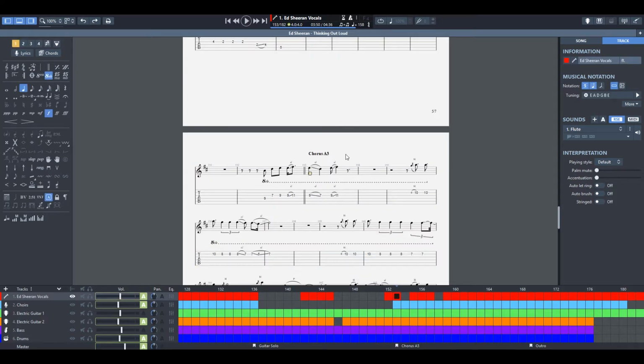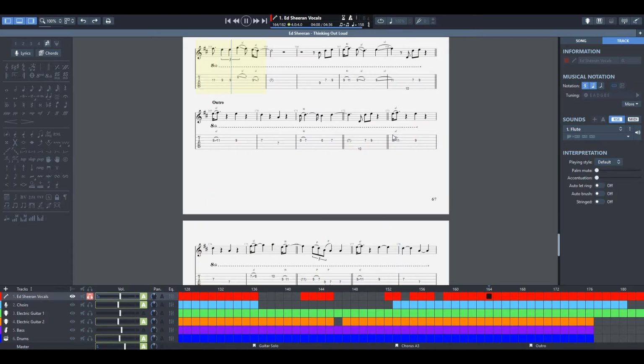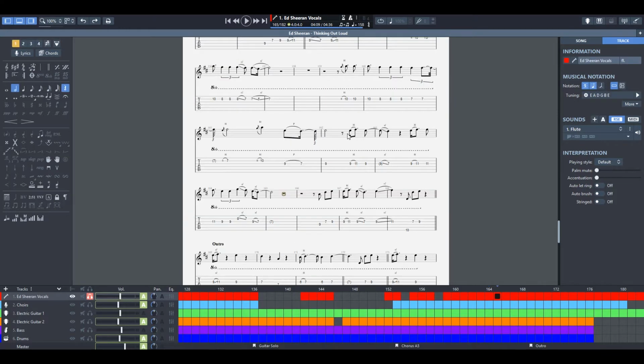Okay, so now the chorus is going to be pretty much exactly the same as far as the vocals. So other than right here. Here we've got, it goes from an E up to the F sharp, back down to the E, got an